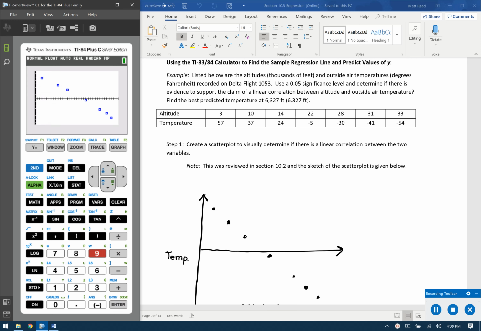Now, one of the things that I did forget to do, and this is a good point to even remind you, sometimes we forget, you might have an extraneous line appear. Don't forget to go to Y equal to and hit clear. So let me go back to my zoom 9 now that I've done that.